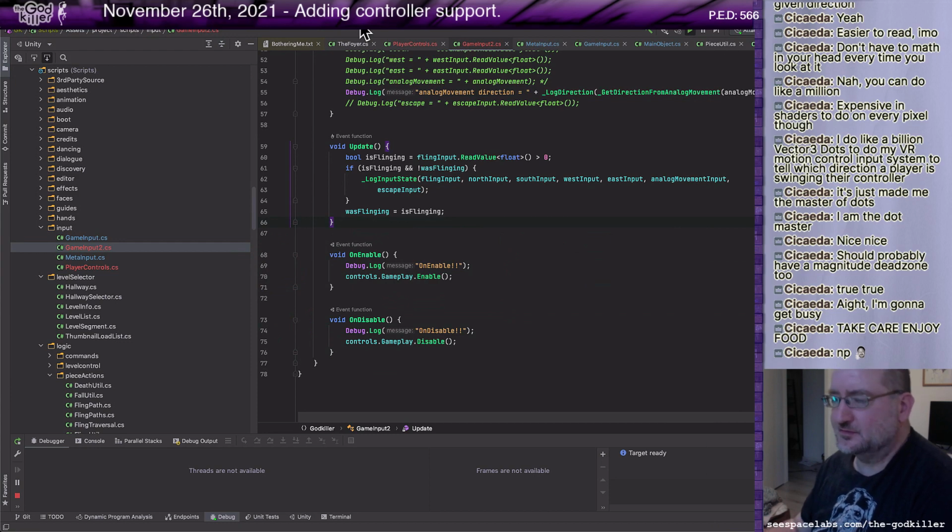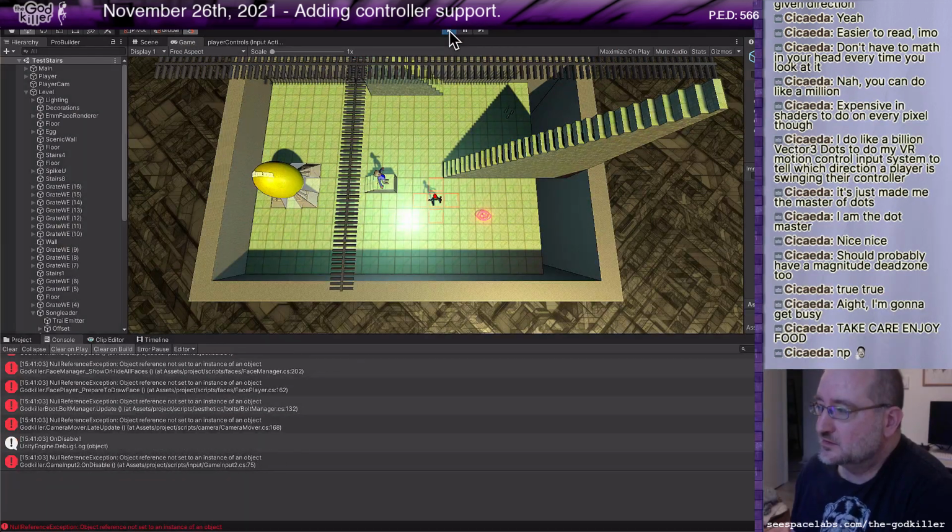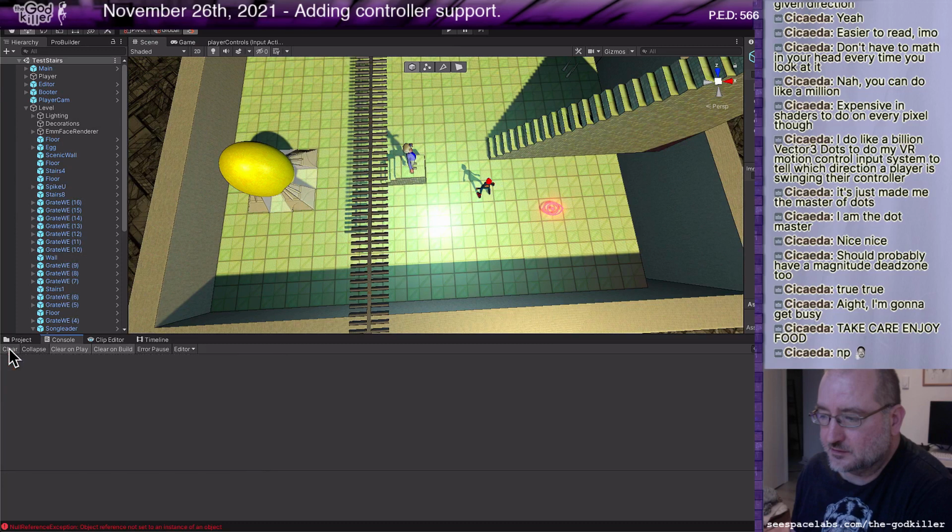Well, not always, but to be more explicit in how I control when things are going to be initialized instead of letting the event system decide for me. Okay, clear. So I just got an on disable when I unplayed. So I assume if I hit play, I'll get an on enable.